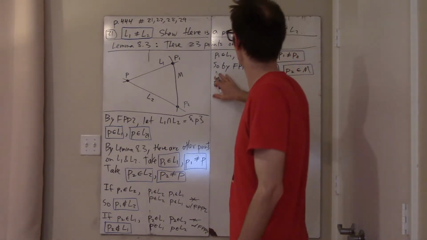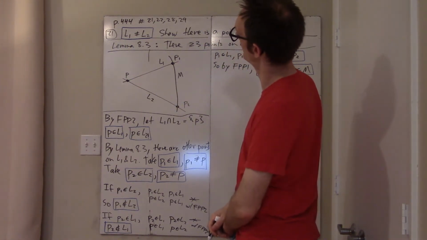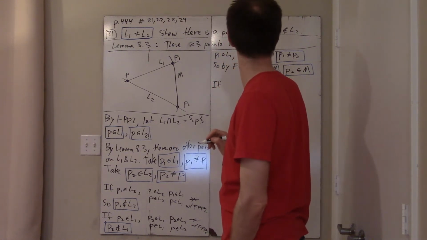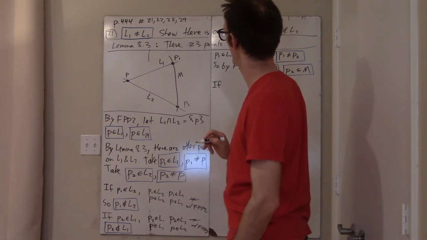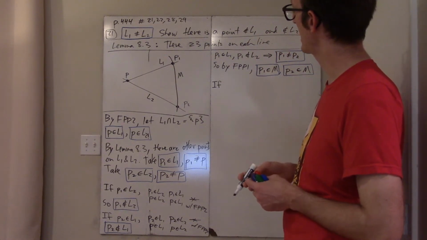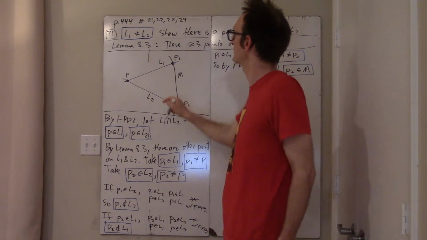Actually, the thing I want to do first is show that P is not on M. I think that's the simplest thing to do first. So if P were, no, wait. Lost my train of thought. One second. Oh, yeah, the simplest way to show that M is not equal to L1 or L2 is to,